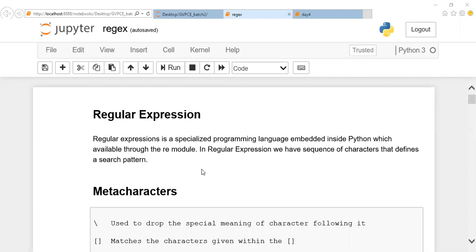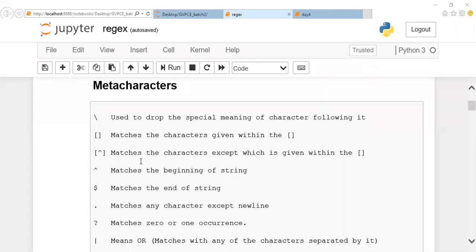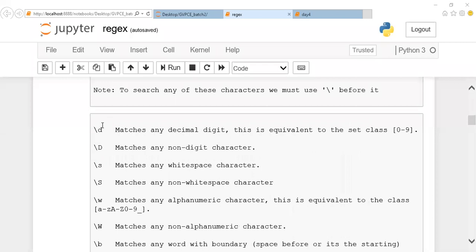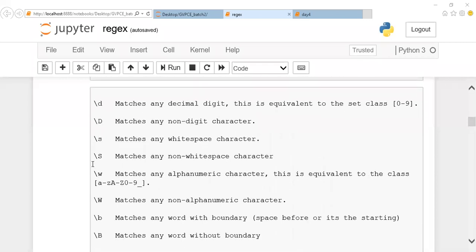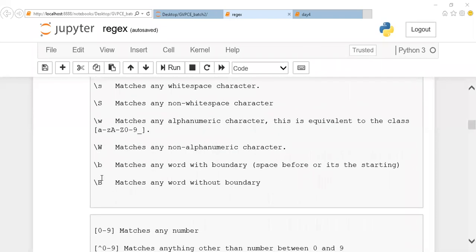In other languages, we are supposed to write the logic for it. Here it is not required; you are supposed to know the functionality for it. And I told you that there are different meta characters for use in a regular expression. Just have a glance at these. We have characters to specify a digit, spaces, alphanumeric characters, and a boundary, which mentions the region of it, with or without white space. For mentioning the condition I have these characters, and you are supposed to go through them once.